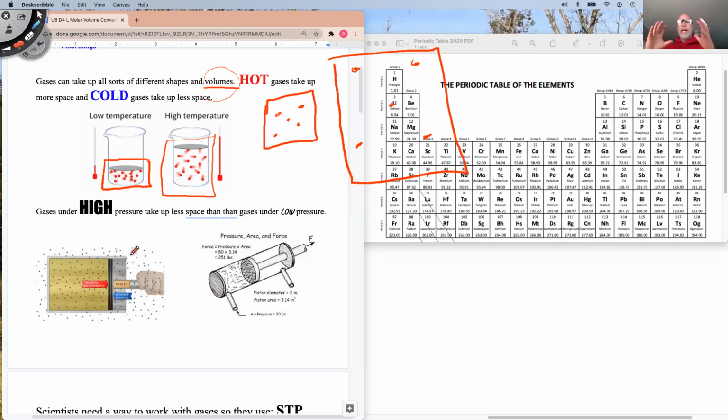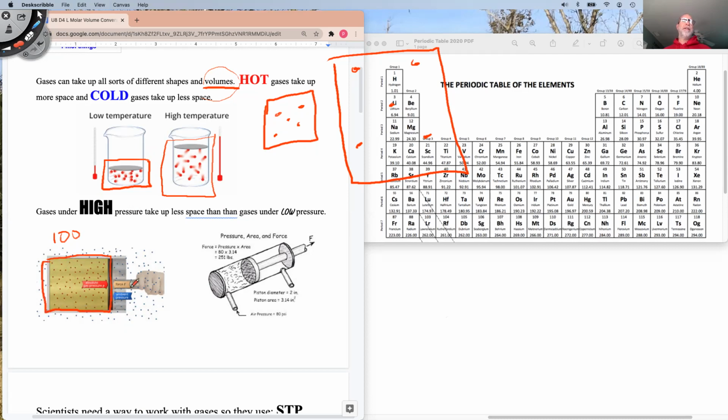High pressure is when you take something and you squeeze it and put high pressure on it. Low pressure is when you wouldn't have very much pressure and you'd just kind of hold something in like this. So this would be low pressure, and this would be high pressure forcing it in. And we can see that with these molecules. If right here we have 100 molecules of gas, and it takes up this much volume,